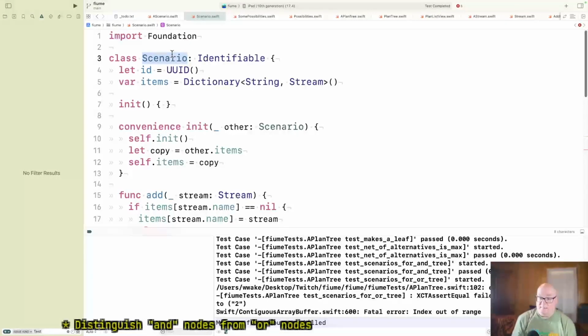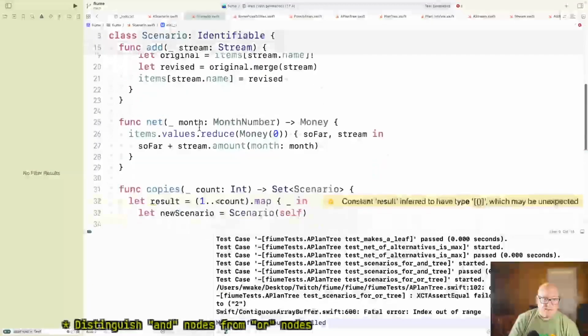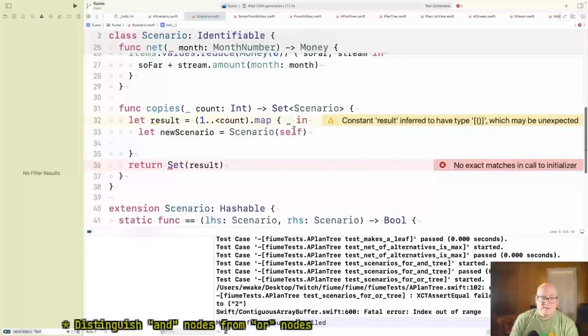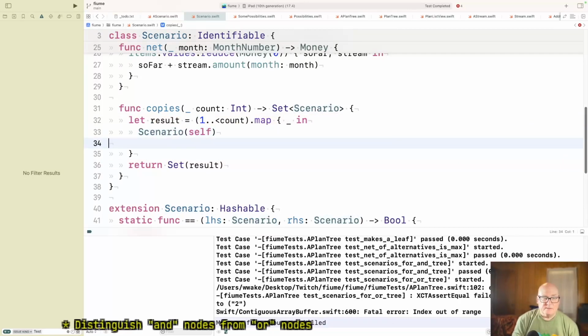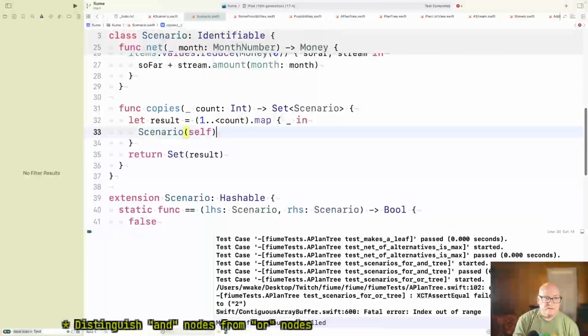But I think this is a fair copy. I think that's what this is. And maybe this just becomes scenario of self. Okay.